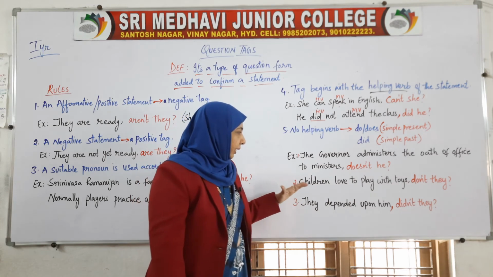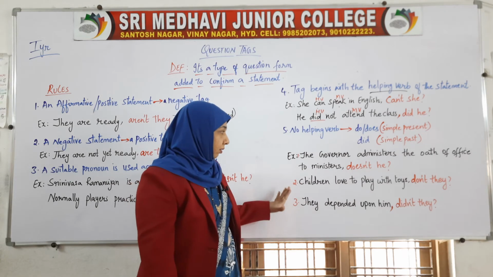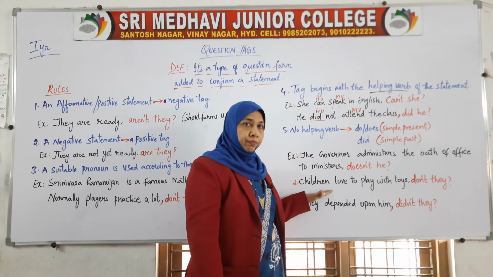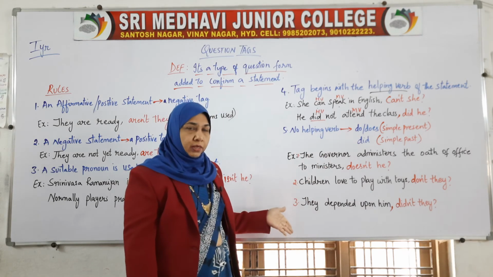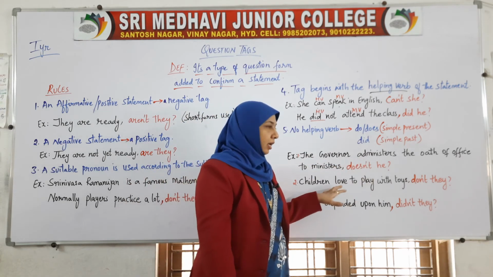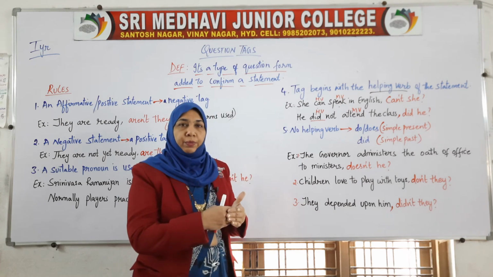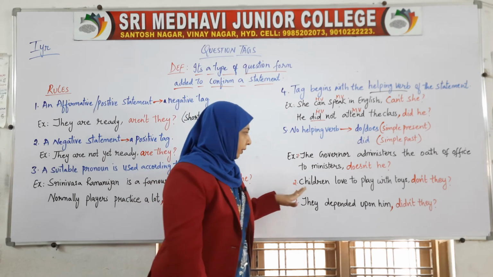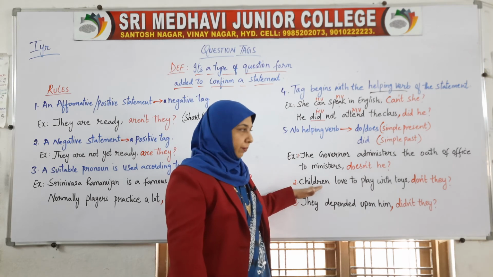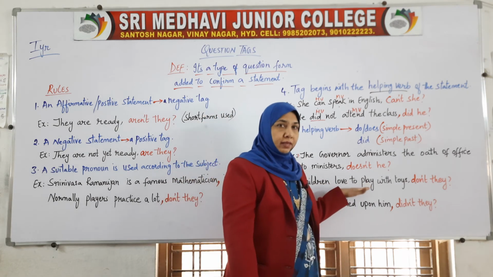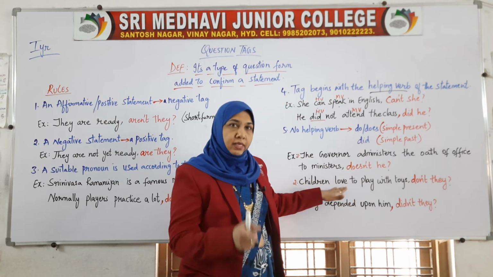Now next is, children love to play with toys. Here, do we find any auxiliary verb? No. Here also, do we find any auxiliary or helping verbs? No helping verbs are given. The main verbs, administers and love, are direct main verbs. Without any helping verb in between, we are using direct main verbs. Children love to play with toys. Here children is in plural form, and "love to play" does not change. The verb is not "loved", it is "love" only.